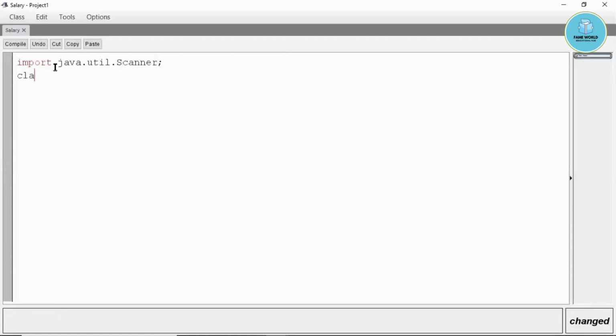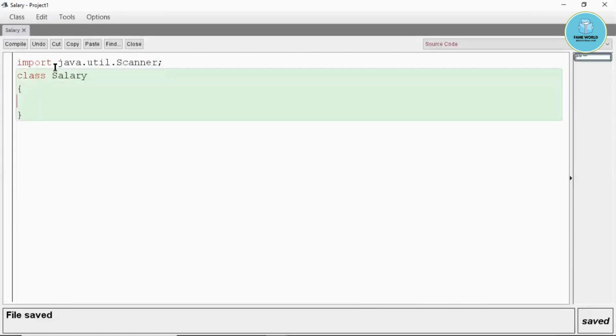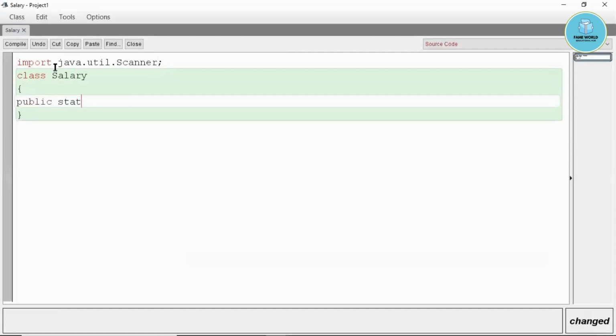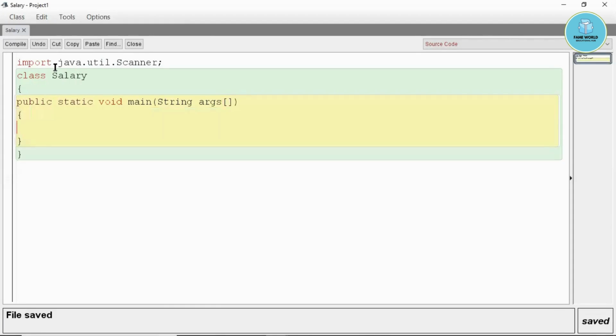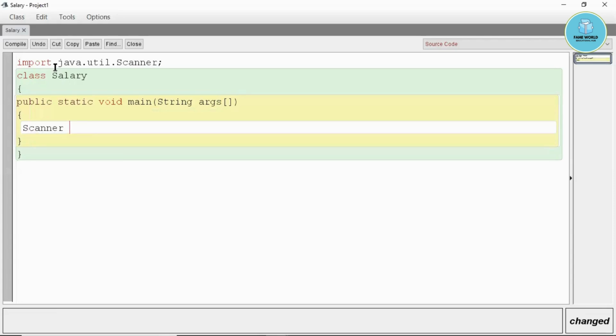After that class Salary, then public static void main String args. Now we will create the object of the Scanner class: Scanner ob equals new Scanner(System.in).